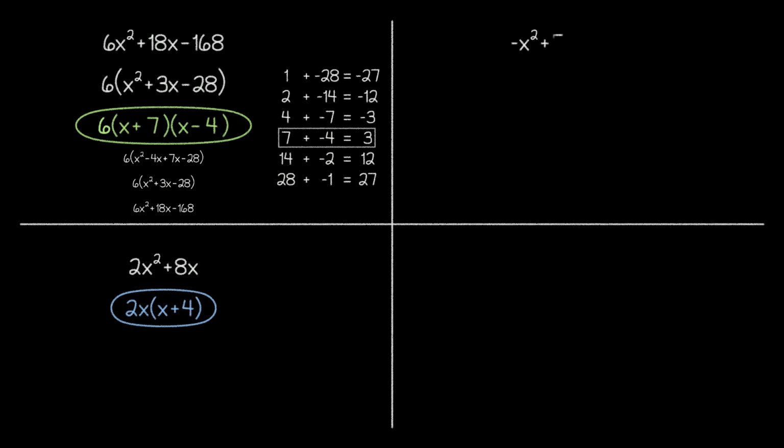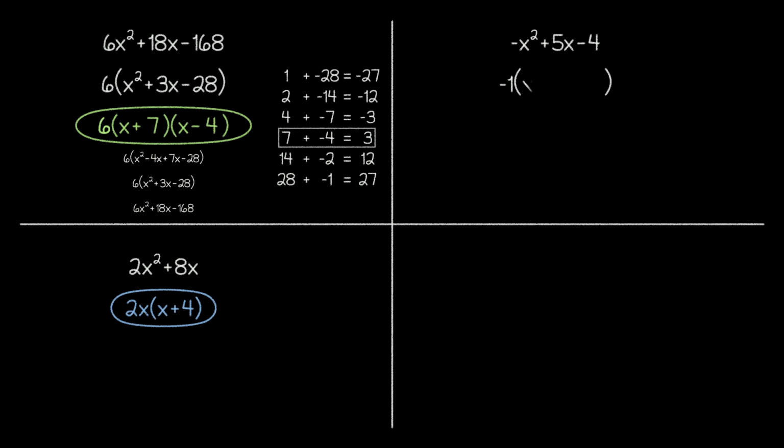In our next example, you might not think that there's a greatest common factor at all. And in a sense, that would be correct. However, having a negative coefficient for our quadratic term can make things kind of annoying. So we're actually going to pretend that -1 is our greatest common factor, and proceed from there.